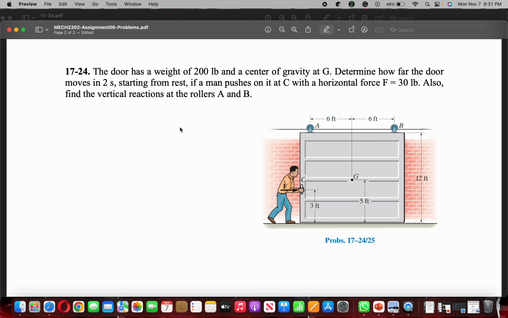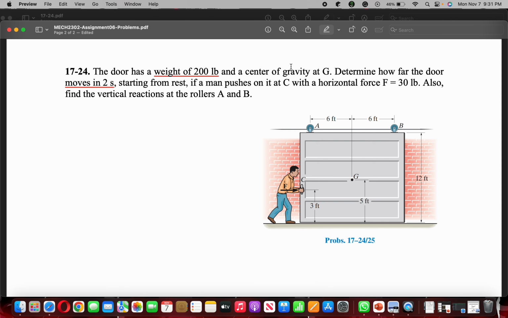1324, it says the door has a weight of 200 pounds and a center of gravity G. Determine how far the door moves in 2 seconds. So we have to find this thing, and it says starting from rest, if a man pushes on it at